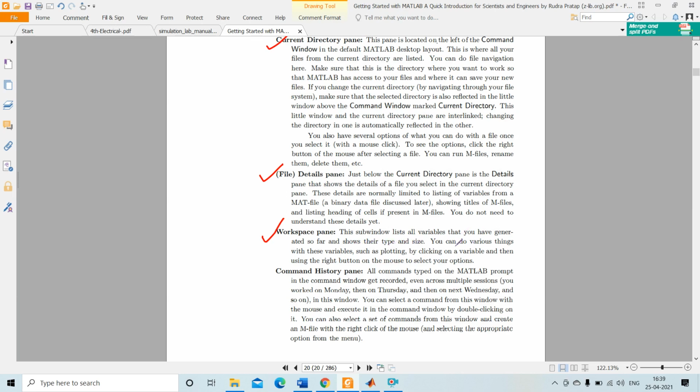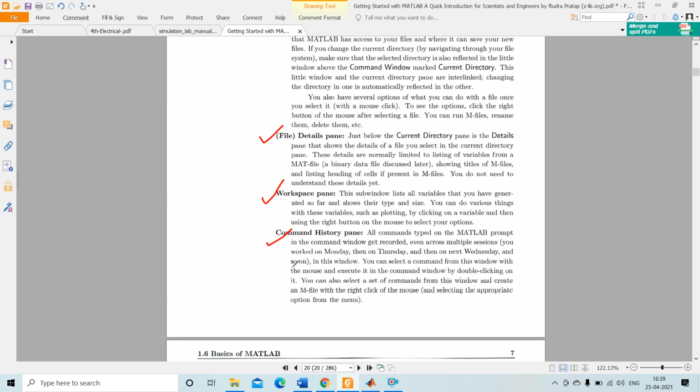You can do various things with these variables, such as plotting by clicking on a variable and then using the right button on the mouse to select your options. Then the command history window. All commands typed at the MATLAB prompt in the command window get recorded, even across multiple sessions.